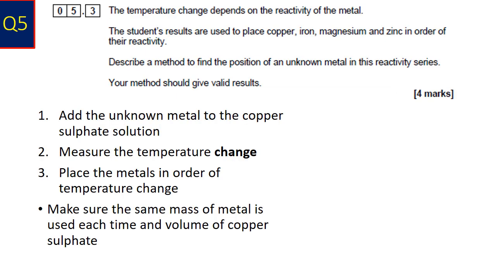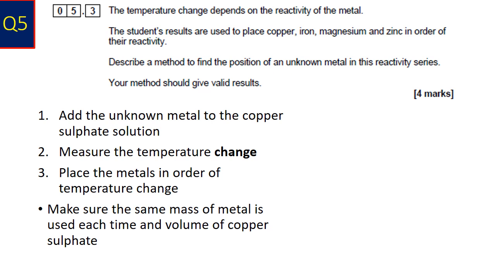So you are told the temperature change depends on the reactivity of the metal. The student's results are used to place copper, iron, magnesium and zinc in order of their reactivity. Describe a method to find the position of the unknown metal in this reactivity series. Your method should give valid results. So there are lots of different methods you can use. The mark scheme lists 4. I'm just going to go through one of them, but look on the mark scheme on the AQA website to see the others. So you're going to add the unknown metal to the copper sulfate solution, and you're going to